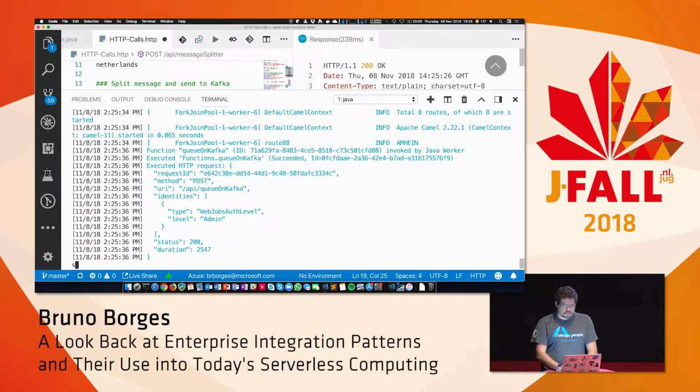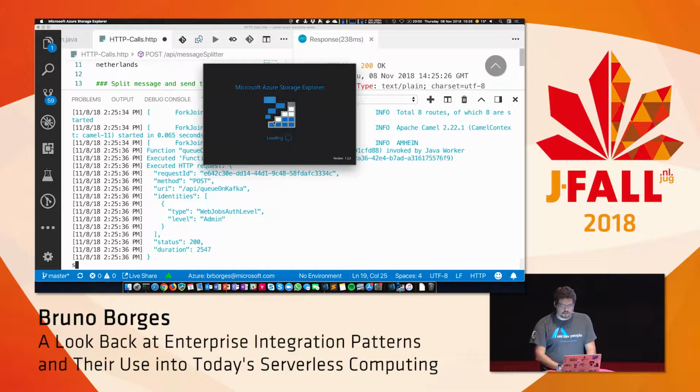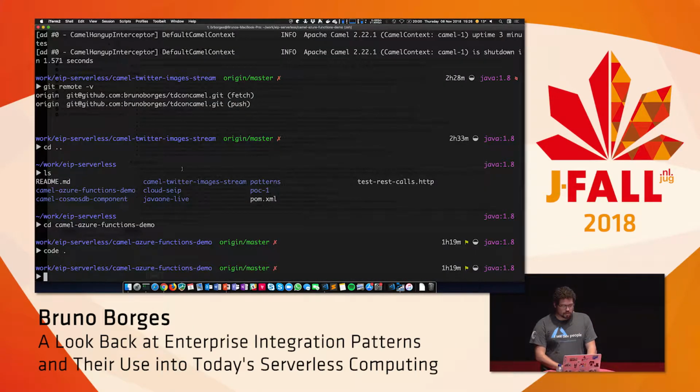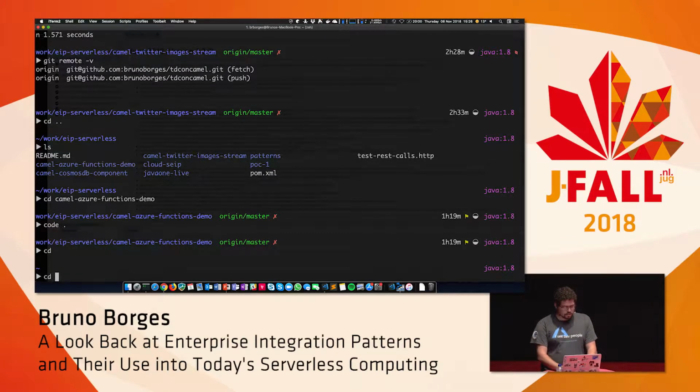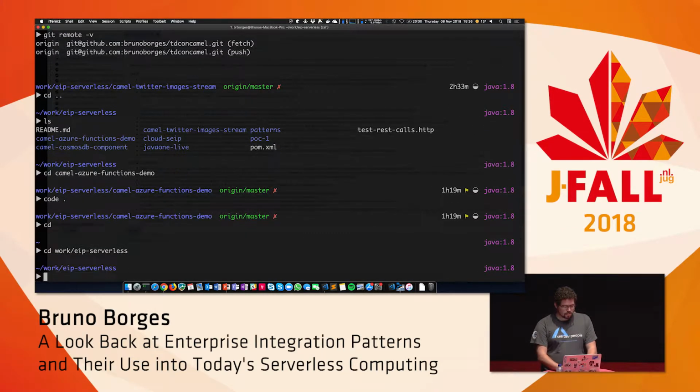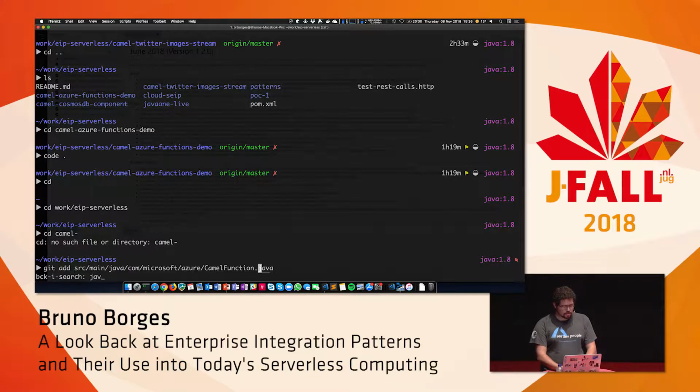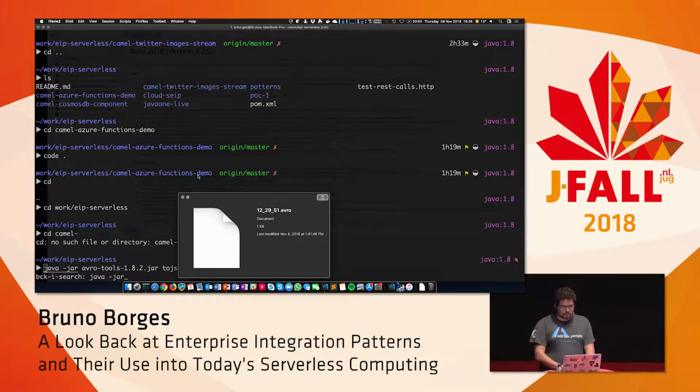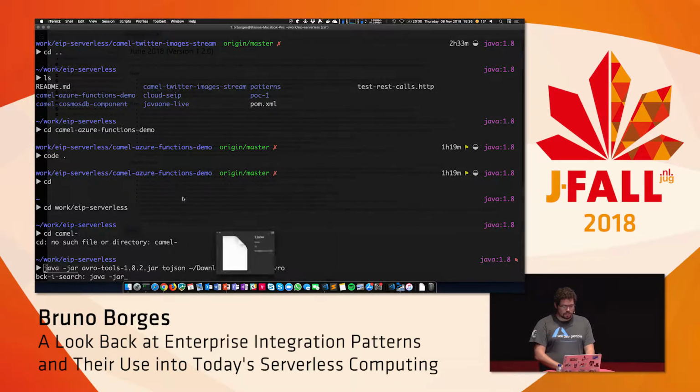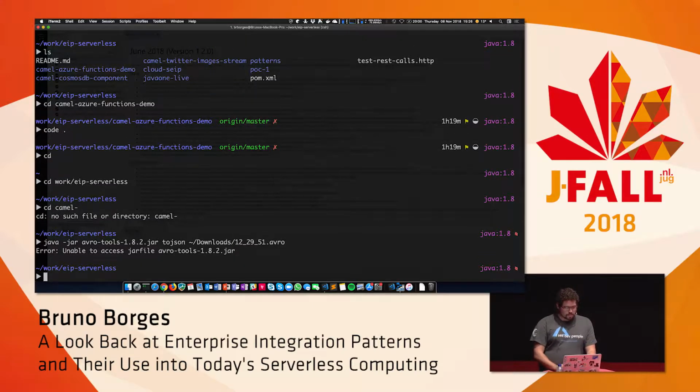What you can see is the messages in Kafka. We consume all the messages that get to Kafka, and we save them on Azure storage. This might take a while, so I'm just going to run java -jar. This file I saved at 12:29 today doing this demo, so we wouldn't spend too much time.